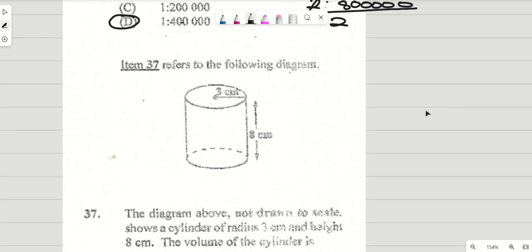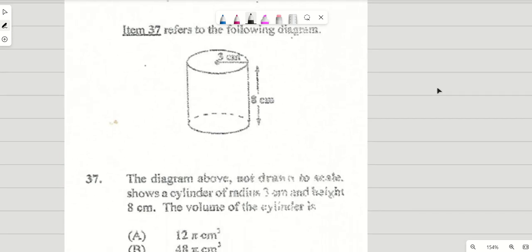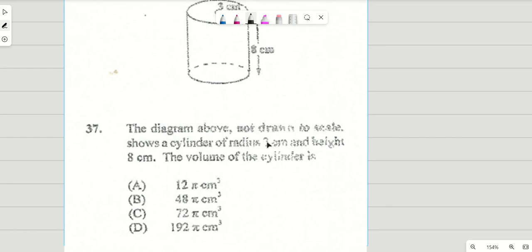Right, item 37 refers to the following diagram. This is 3 centimeters on top and 8 centimeters to the side. The diagram above, not drawn to scale, shows a cylinder of radius 3 and a height 8. The volume of the cylinder is, now, if we don't know the formula, guys, as I said, these things are given in your formula sheet. Volume of a cylinder